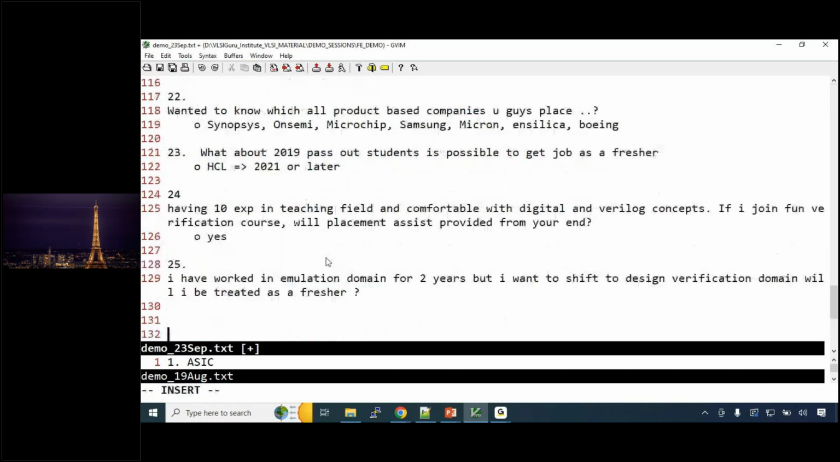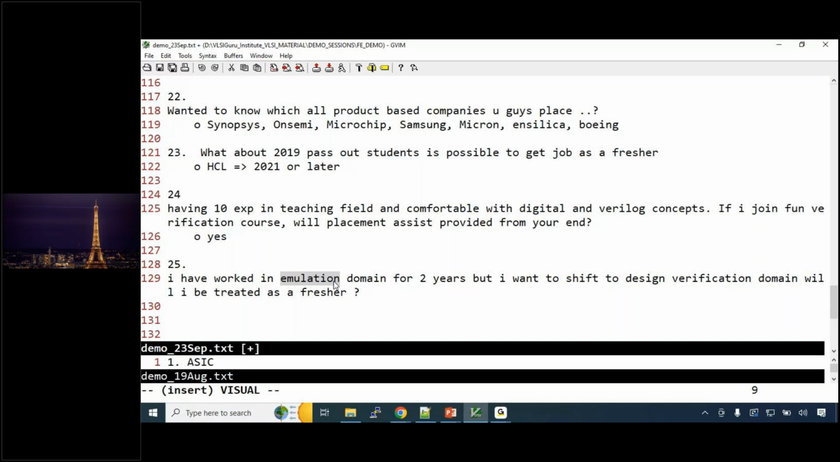Next, I have worked in emulation domain for 2 years, but I want to shift to design verification domain. Will I be treated as a fresher? Now, for the freshers, let me explain what is emulation. The term emulation. Are you familiar with